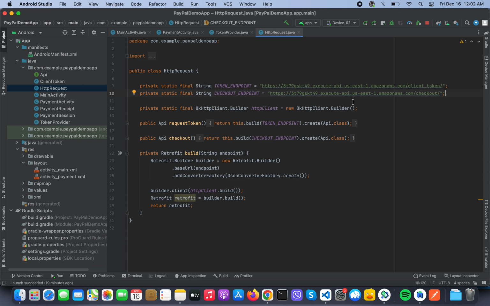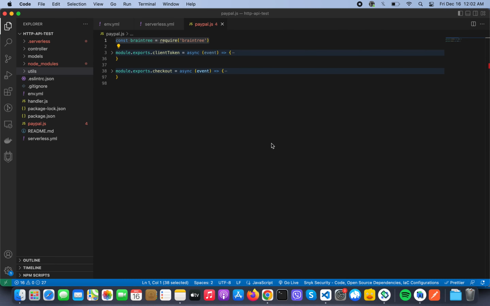For that, I will be using a serverless framework, which will be Node.js. So let's get started on that. Actually, I have already created that. So this is our server,